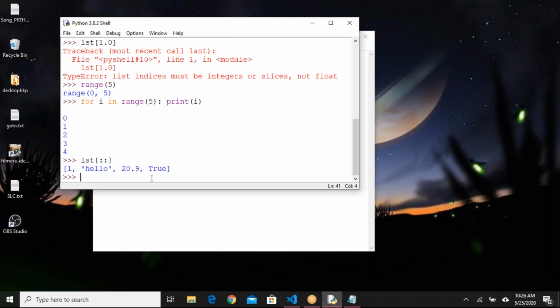In my list, I have 4 items. Let me add a bigger list so that we can try different examples.